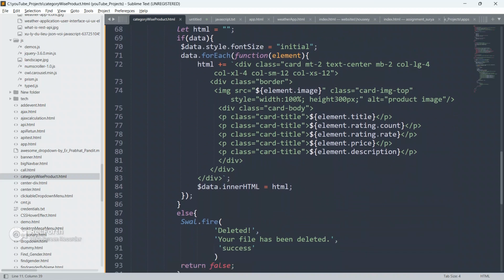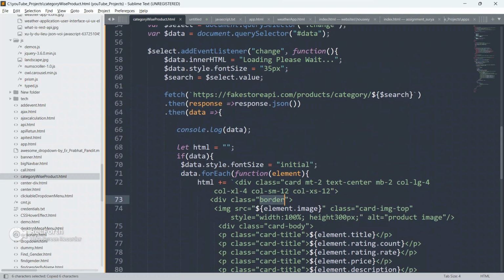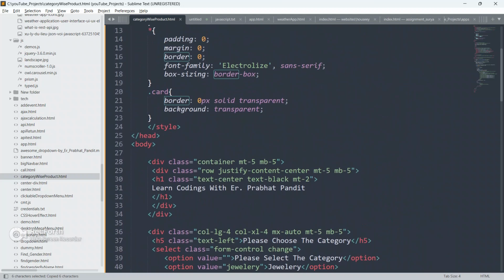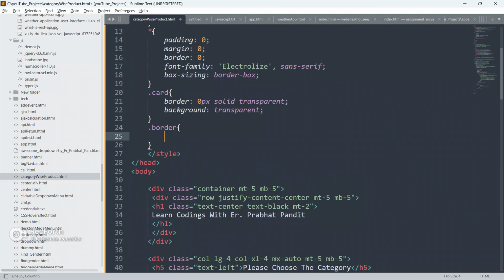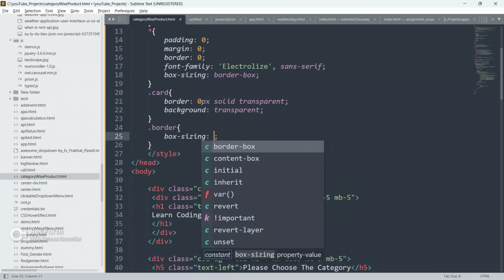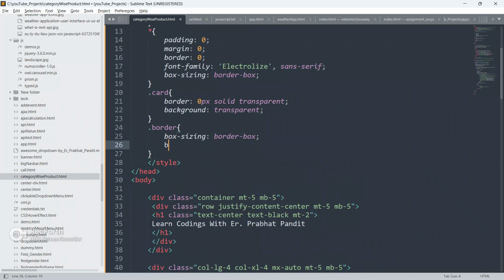Now I am going to target this border, guys. This will be really small CSS, no need to worry about it. Paste it here and style it.